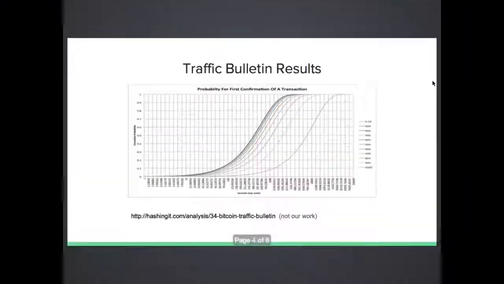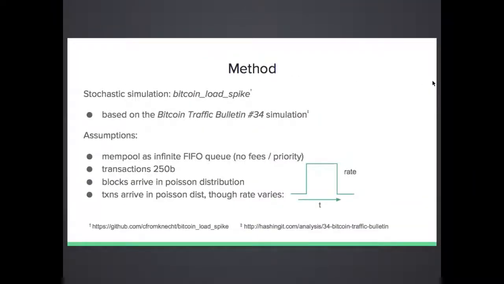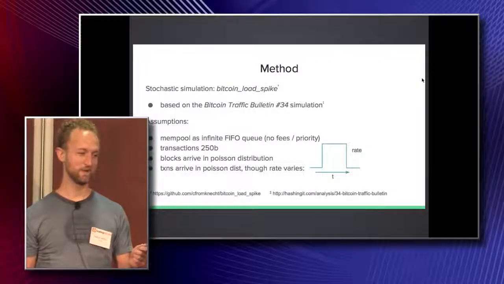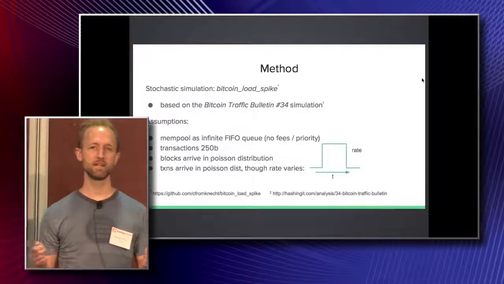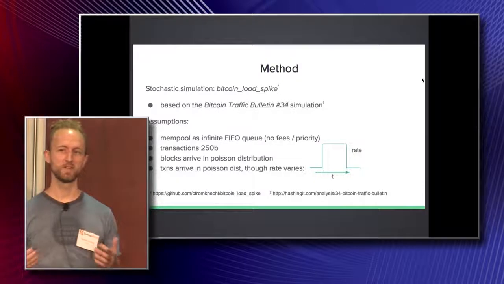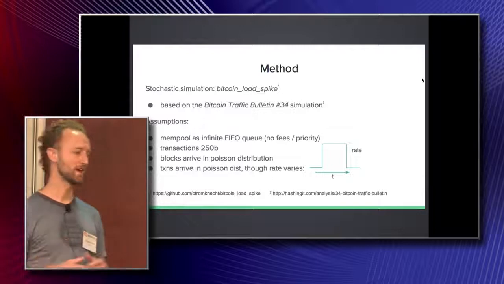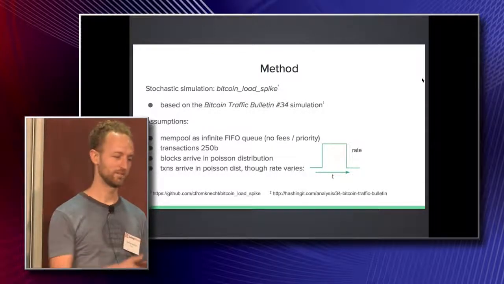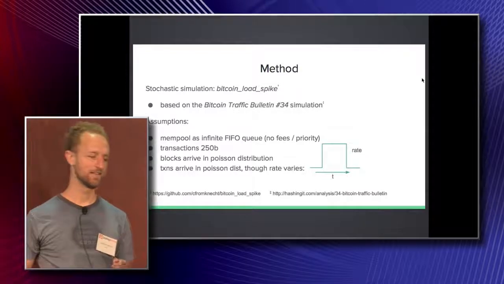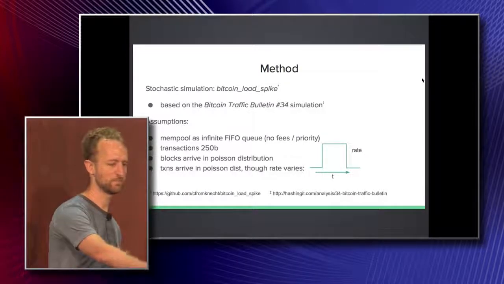One other thing about this slide is that the Poisson distribution for block arrival rate probably makes sense because hopefully the chance of finding two different blocks is completely independent. Transaction arrival rate as a Poisson distribution is a simple way to approach it, but our whole premise is that transactions sometimes violate the assumptions of Poisson distribution, which is independence of events within a time period. So we're accounting for that by varying the Poisson distribution's rate in that step function.